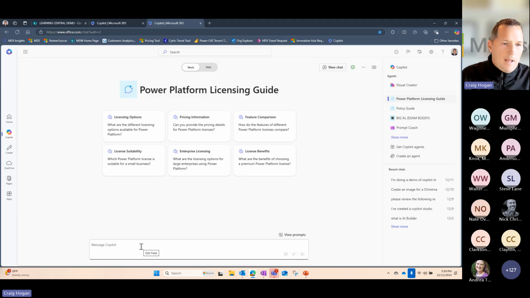So if, for example, I'm chatting with somebody and I have a question, I want to call an agent to say, Power Platform Licensing Guide, I've got a question, can you answer this? So now I can start to call out and do things. So you can see, here's my policy, my Power Platform Licensing Guide, my policy guide. This is one that's been shared with me. So now I've got this Copilot agent experience that I've built. It's walking through all natural language around how I'm interacting with it.